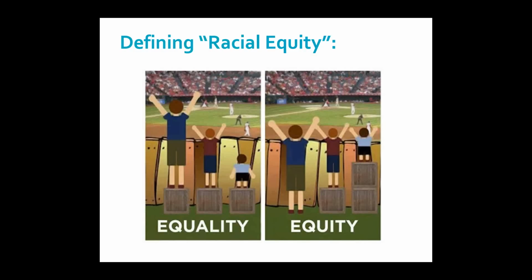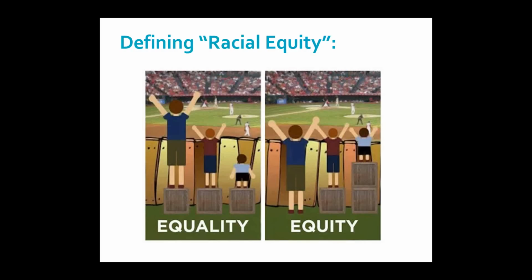So in order to maximize opportunities for access experienced by certain groups, a good society commits resources in order to level the playing field. In essence, in the picture that you see here, equality versus equity, an equality framework essentially ignores that people of different races, classes, genders, and sexual orientations, and in this case, people of different heights, are starting out at different points.